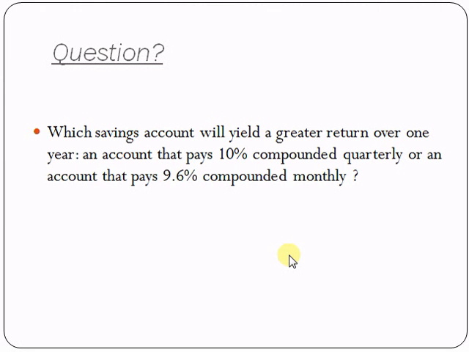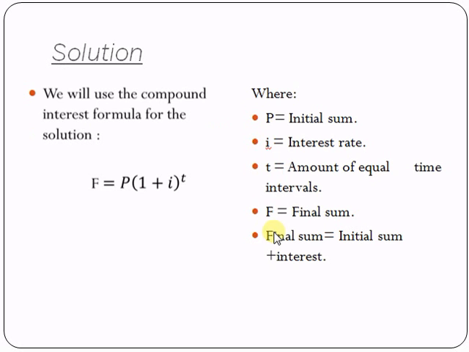The question is, which savings account will yield a greater return over 1 year: an account that pays 10% compounded quarterly, or an account that pays 9.6% compounded monthly? Here's how we're going to solve that problem, and we're going to use the compound interest formula to find the